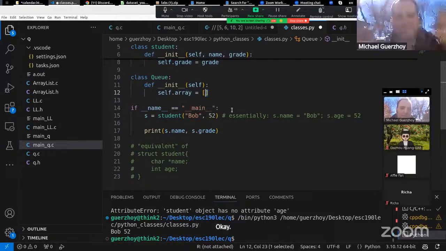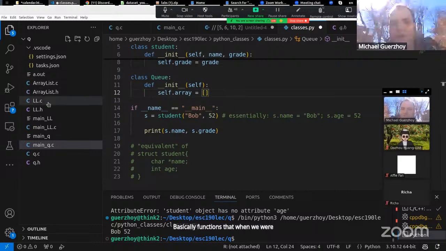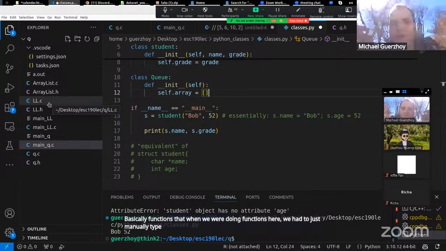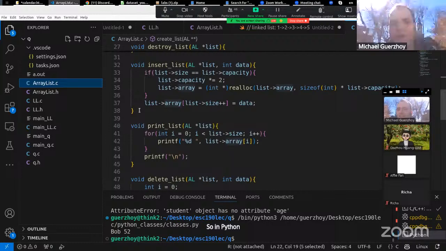So one thing that's better about Python than C is you have basically functions that, when we were doing functions here, we had to just manually type list in order for you to know that the list function is associated with the list objects, right? So we called it create list, insert list, print list, and stuff like that. So in Python, what you can do,